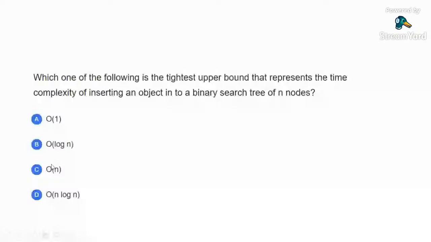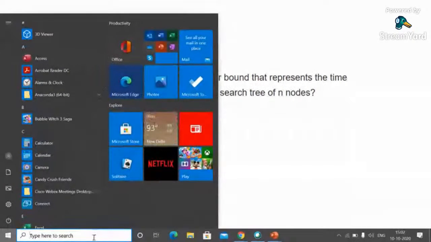Generally people commit the mistake of providing the tightest upper bound as log n, because they know that the height of a binary search tree is approximately log n base 2. So they pick option B as the correct option, but this is not correct. The correct option is order of n. If you want to see an example of this,